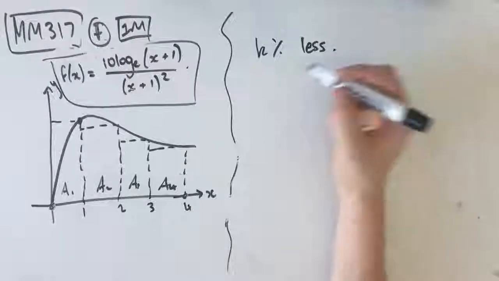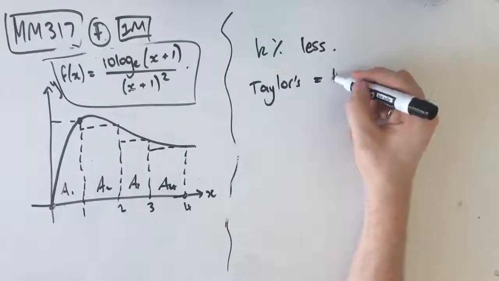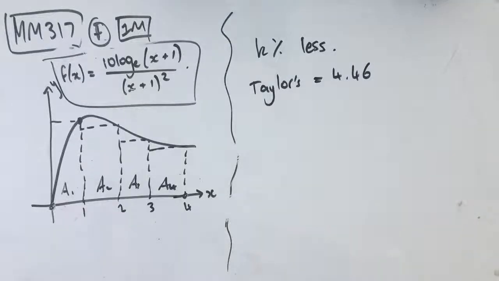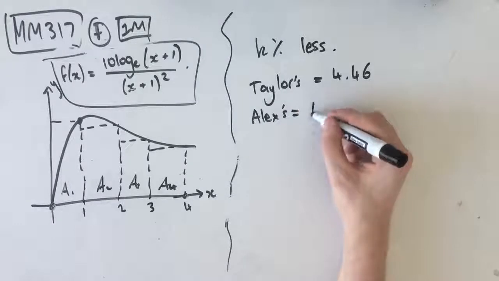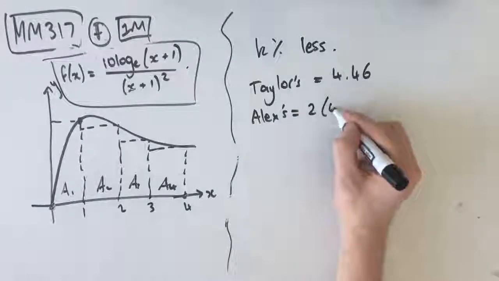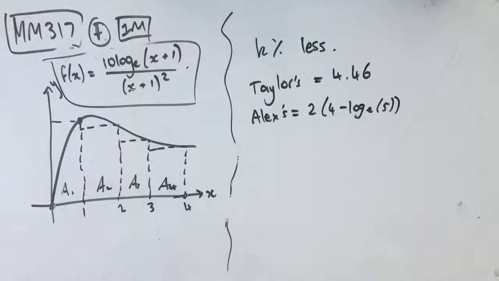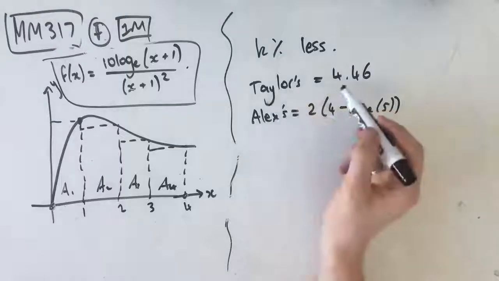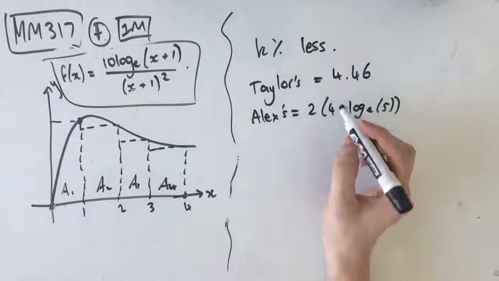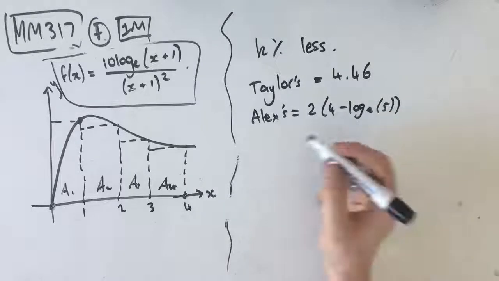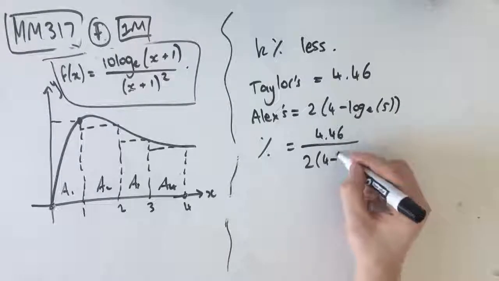Awesome. So we know that Taylor's approximation was 4.46, right? We found that in an earlier part, and we know that Alex's was 2 times 4 take log e of 5. We know that now. So in order to find the percentage that Taylor is of Alex, as the question says Taylor's is less than Alex's, we just do this divided by this and then multiply by 100. So our percentage is equal to 4.46 divided by 2 times 4 take log e of 5,